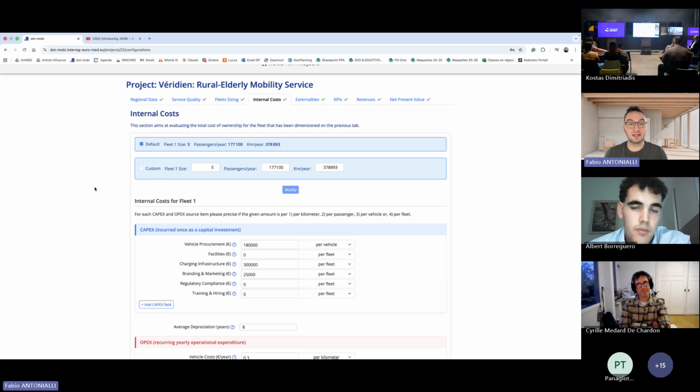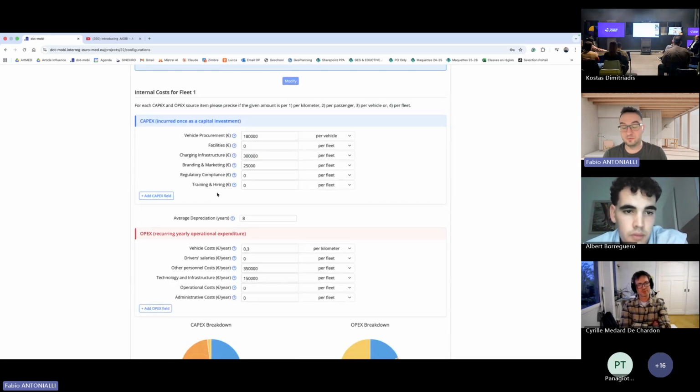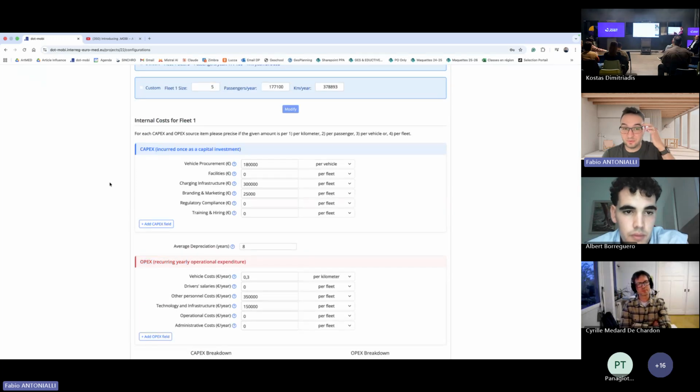So the idea here is, again, to calculate how much you would need to invest in terms of initial investment. That would be the CapEx, right? The capital expenditure. And how much you would need to pay, or to, let's say, have as costs in terms of operating expenditures. I didn't complete all the fields. We just put a few data here so you can understand how the tool works.